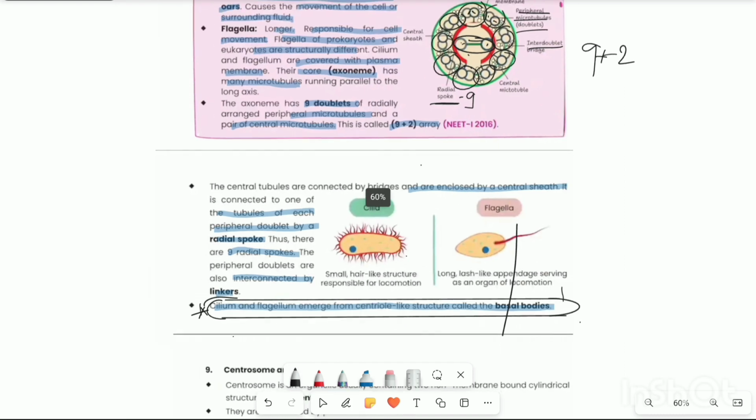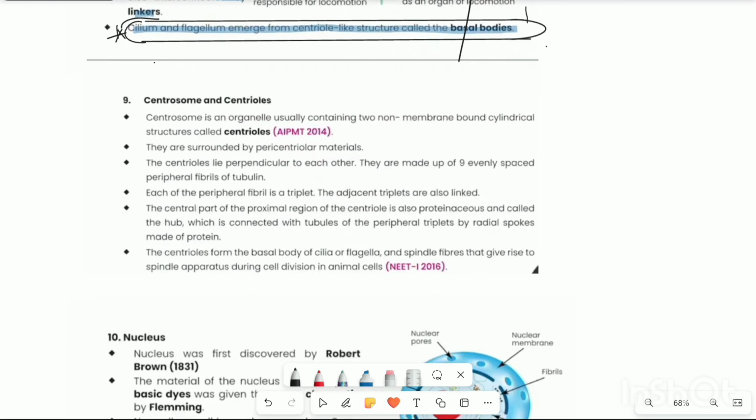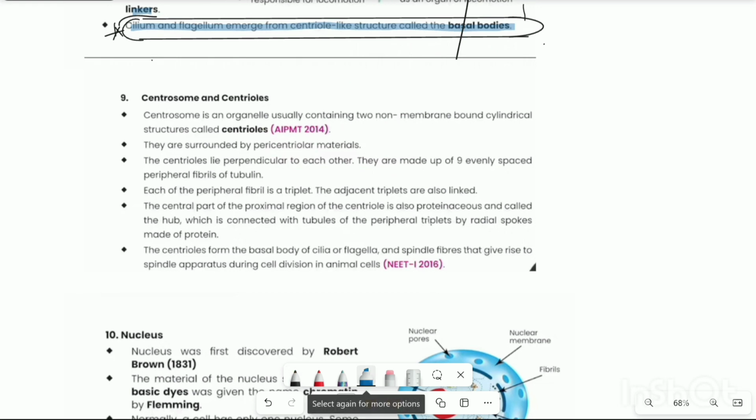Next is centrosome and centriole. This centrosome and centriole are non-membrane bound. This centrosome is an organelle containing 2 non-membrane bound cylindrical structures called centrioles, and they are surrounded by pericentriolar material. And these centrioles lie perpendicular to each other,